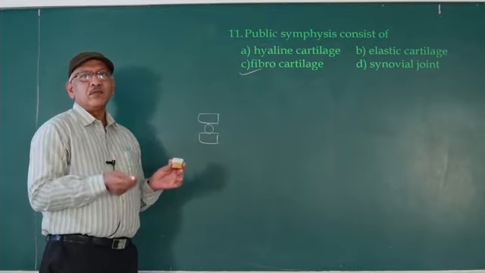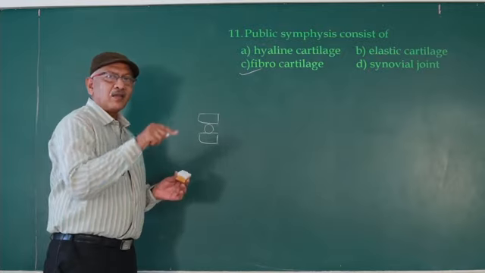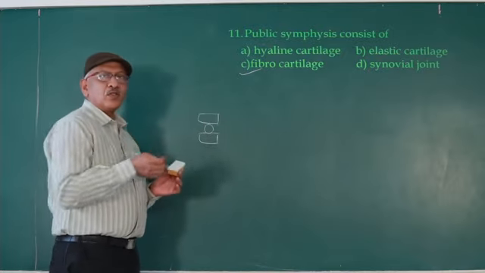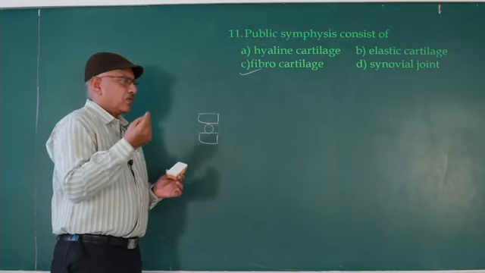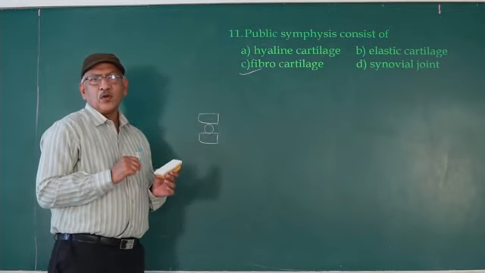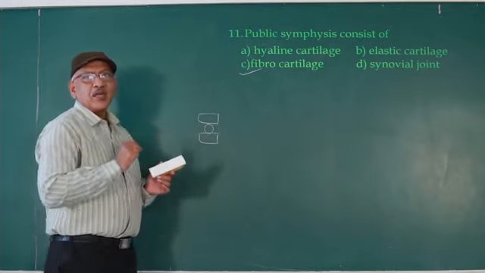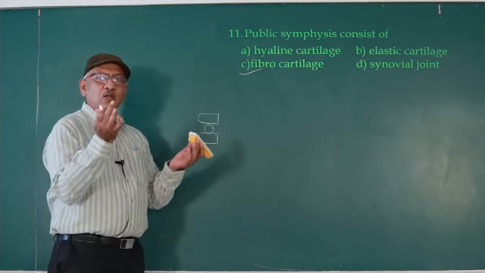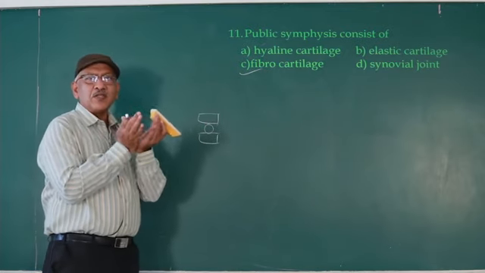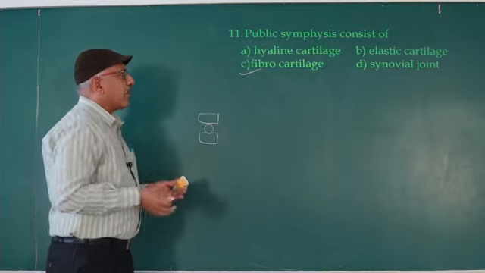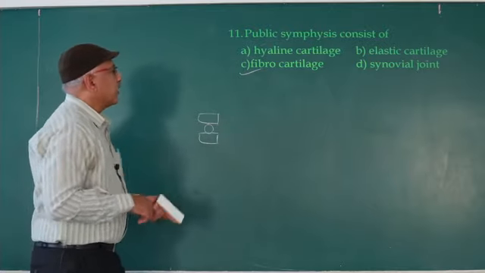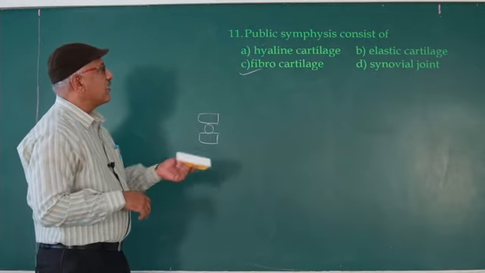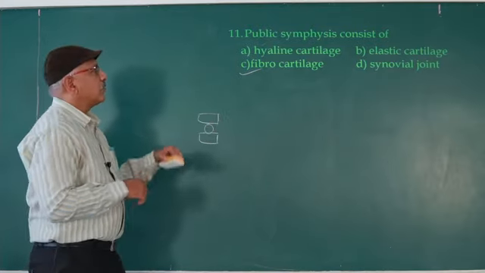Ilium, ischium, pubis are the 3 small bones. By the union of these 3 bones, one coxal bone or os innominatum is formed. Pubis of one coxal bone is united with pubis of another coxal bone. As a result, pelvic girdle is formed. Pubic symphysis consists of fibrous cartilage.